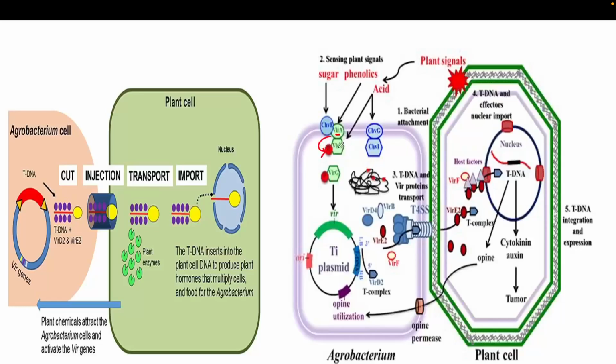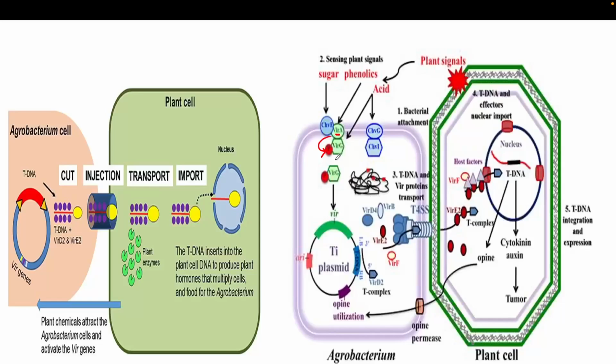Okay, and once this vir2 gene gets activated, this virulence G gene will go to the cytoplasm, and it will be responsible for the activation of other virulence genes. Okay, there are lots of virulence genes. So first, in the membrane region there are two virulence genes, one is virulence gene A and another is